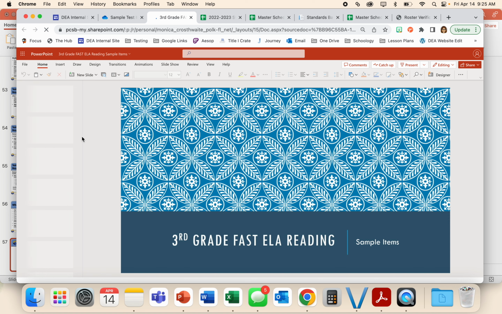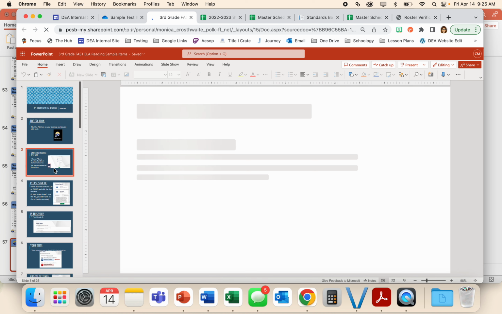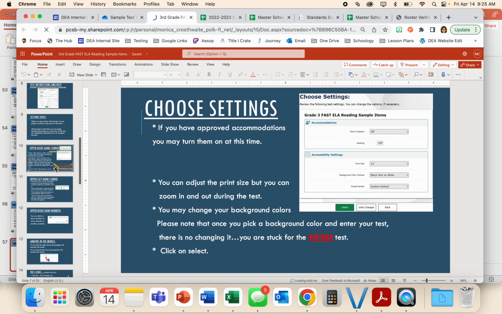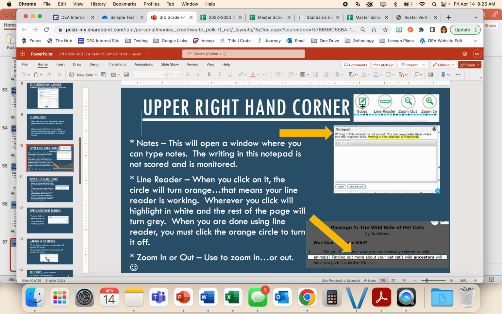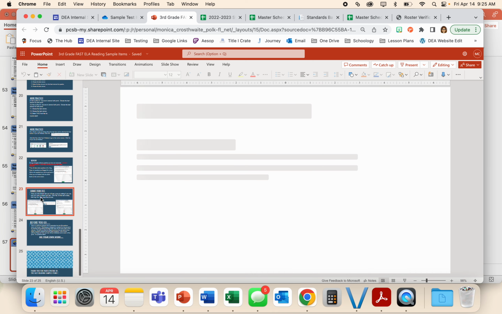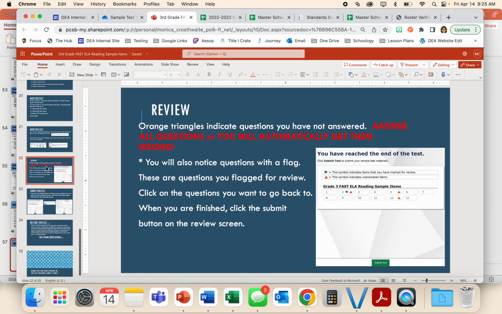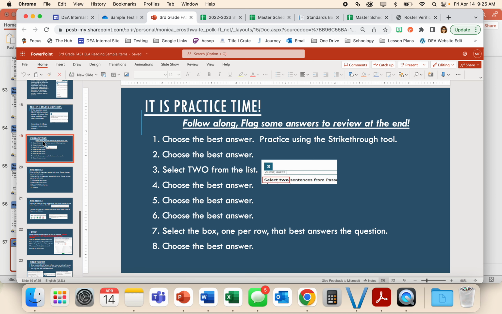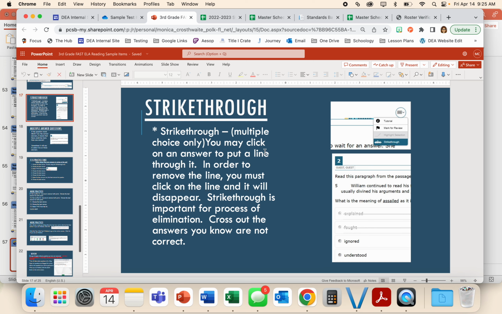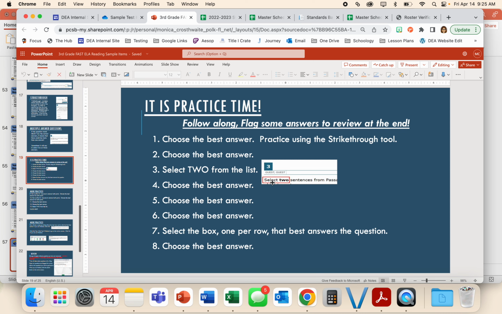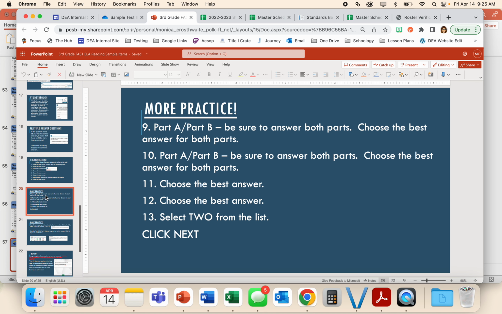It's loading, I'm sorry. Okay, so first of all, it goes through all the steps that the students are going to be doing that morning. But what else is really cool is it goes into how to do the notes, how to do the line readers and the zoom in and out. And then it also goes through what kind of test items and how to submit your test. So this is for reading and math, and it's something that you can do with your students. So like for instance, this one says, that's a strike through, hold on. Multiple answer choices, you just select one or select all. Then there's choose two, select two. So it's just a really good review on how to